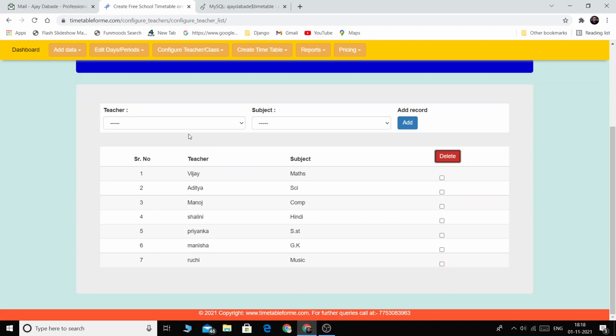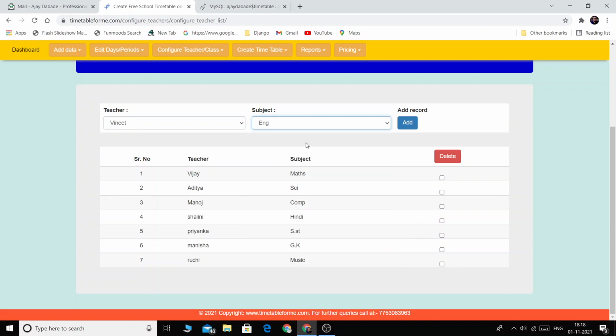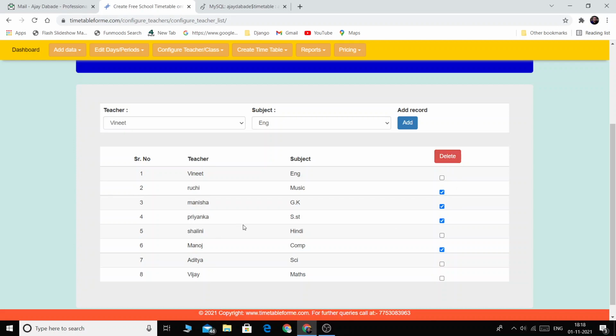and again I will do that. Okay, so I will take Vinith, and Vinith takes English. Now these are the subjects available. And if there is any subject missing, again you can go back and add that subject, then come back over here. Then click on add, and you can see that the Vinith English entry is added. You can select multiple entries,